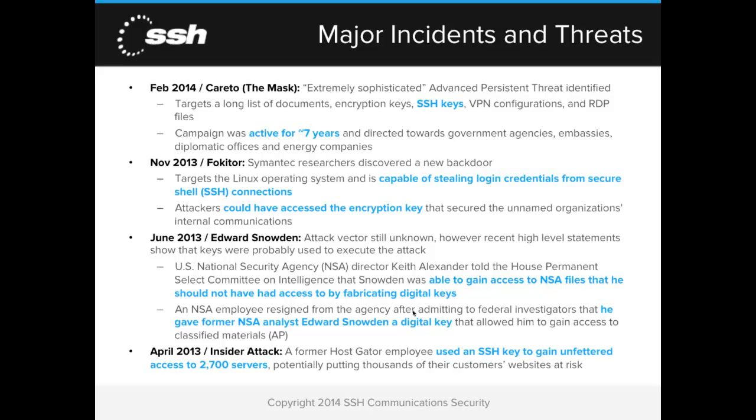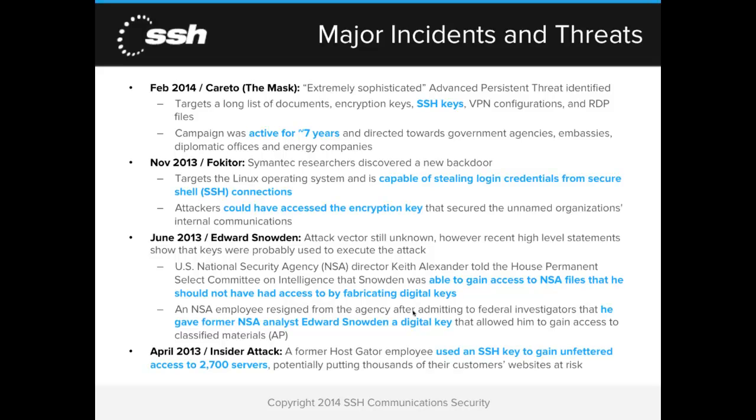And we know from public statements, and we're not sure exactly the full extent of this, although some people have made some guesses based upon his role and what was used inside these organizations for encryption and access control for the privileged admins. We do know it was a fabricated encryption key, at least according to NSA Director Keith Alexander. And we know from that that he was able to gain access and exfiltrate this data.